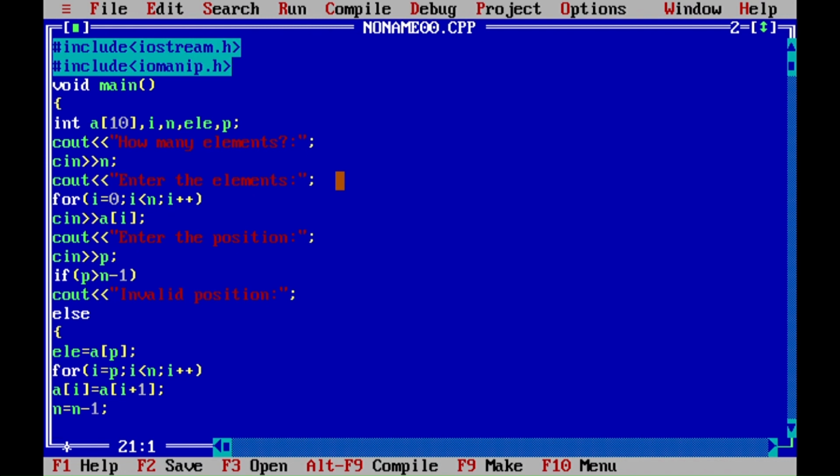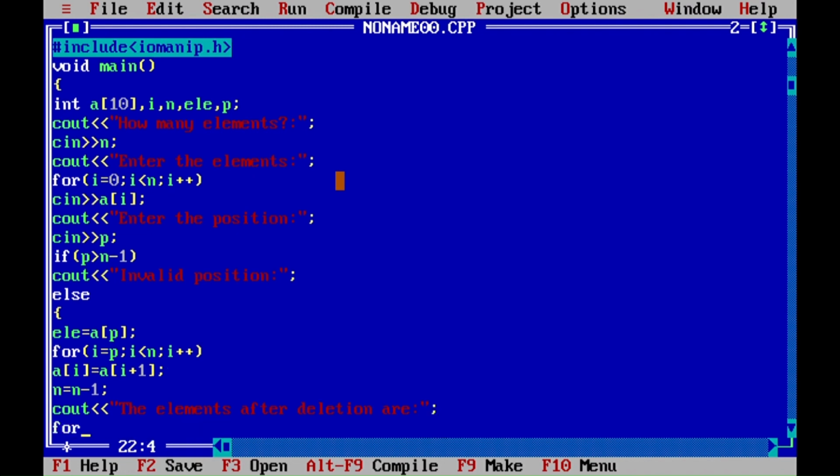Now the elements are deleted and everything is arranged and even the size of the array is decreased. Now the last step is we have to give the output of the deleted elements. So cout, the elements after deletion are. I have to print that in order, that is starting from 0, and i should be lesser than n, then i plus plus. After that I will print cout